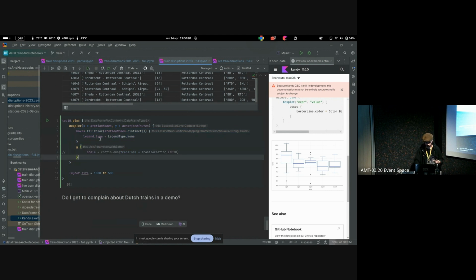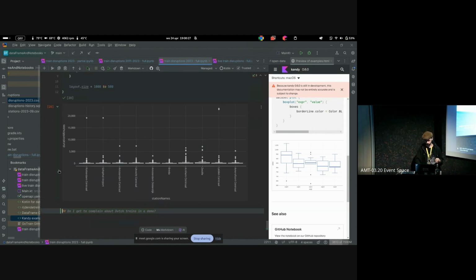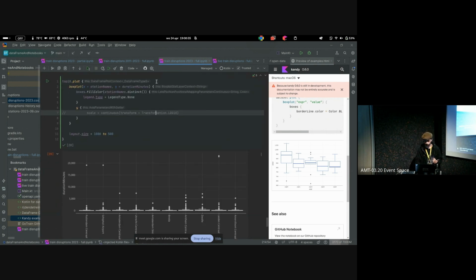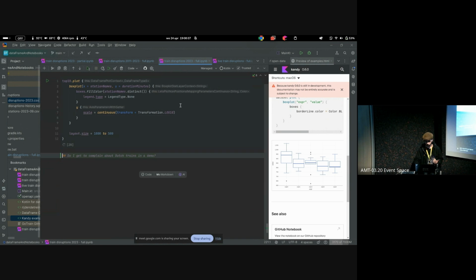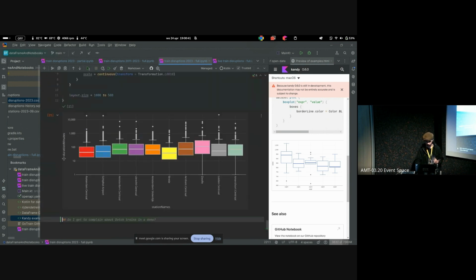And usually if I print it like this, it's not very visible. That's because a lot of the delays are very short, and some are really long. So to get a better view, I change the axis to log 10. Nice. And now we can see that maybe Zwolle has it even worse than Rotterdam, just because of the